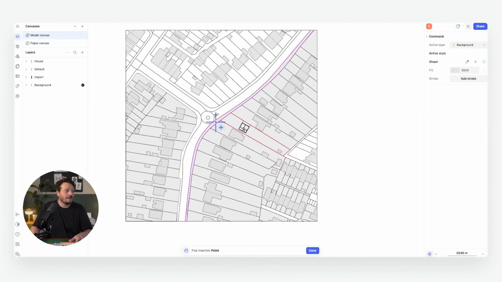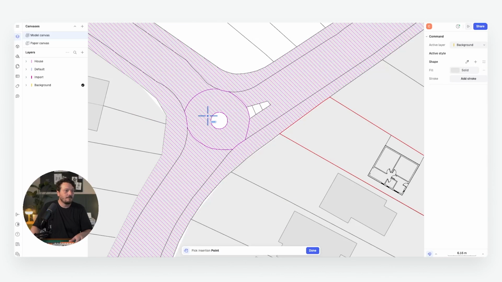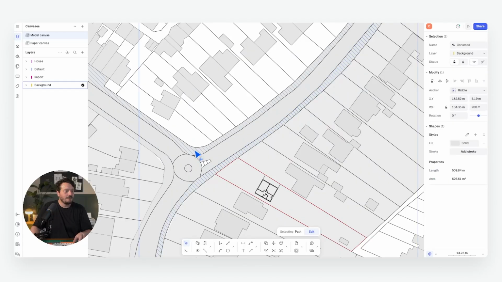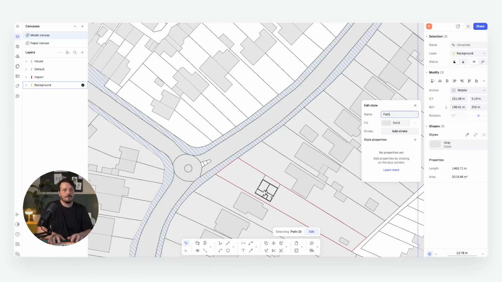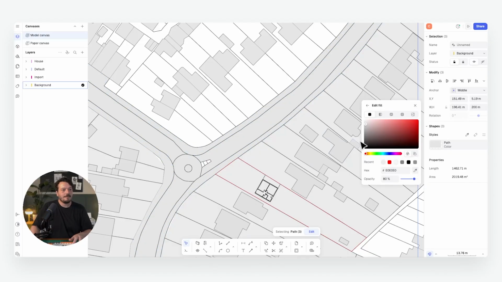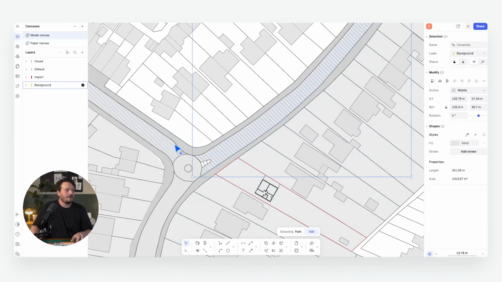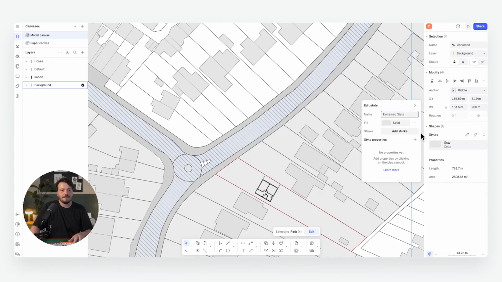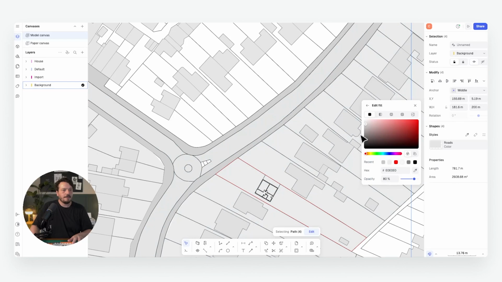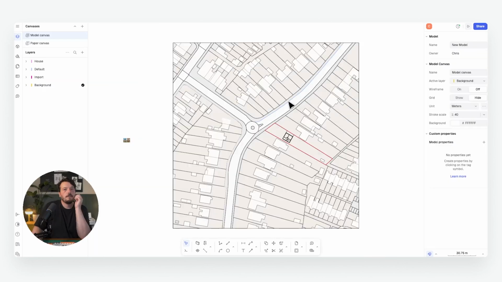Again, we could go back to the paint bucket tool, we could fill in the paths, we could fill in the road, and as before we could maybe set these ones as a new style and call them path, and say they're a slightly darker grey, and then again we could set the roads as a different style, and again do that as slightly different. Okay, I've just spent some time filling in the different areas, so the site backgrounds, the roads and the pathways,